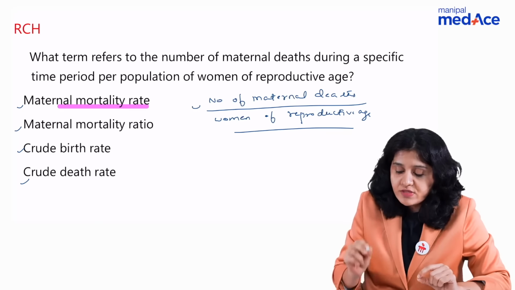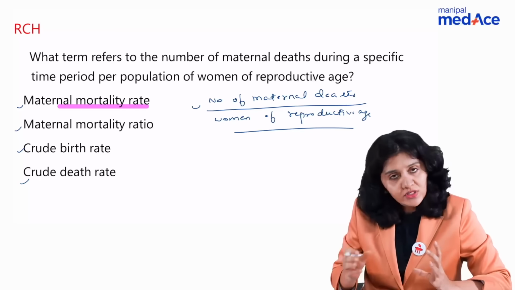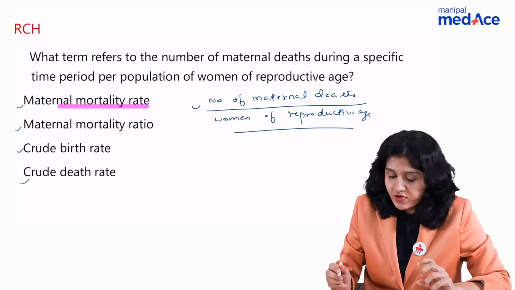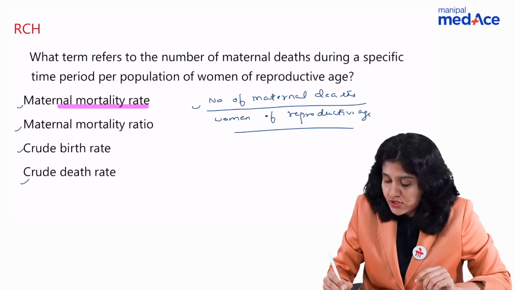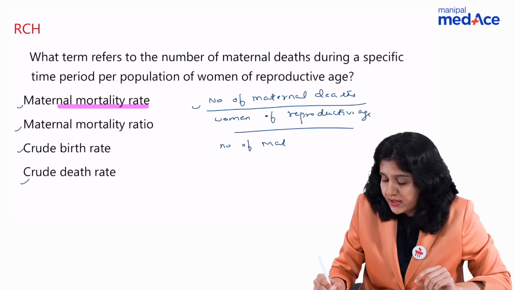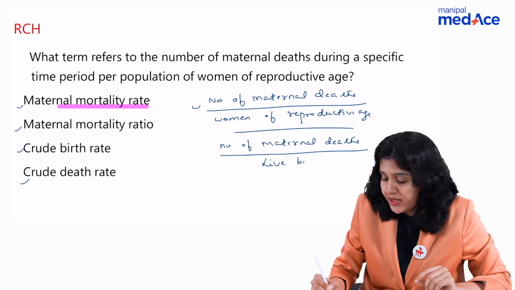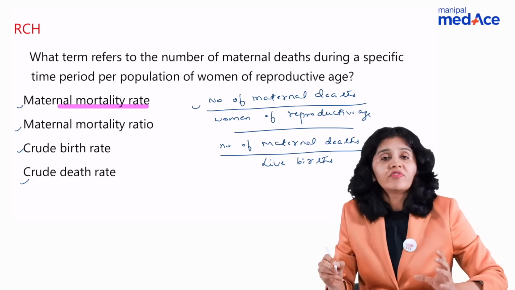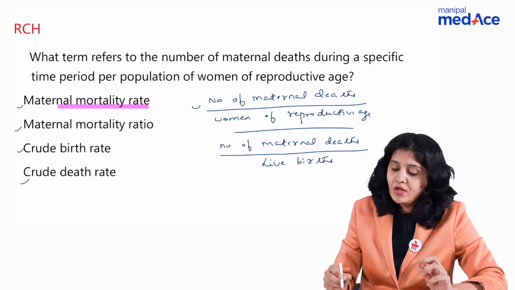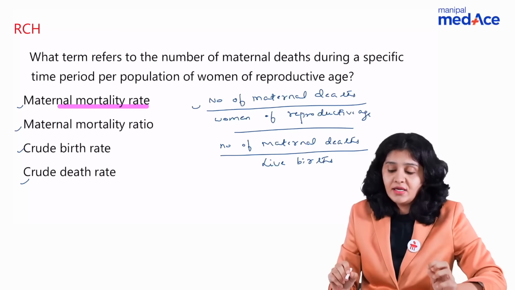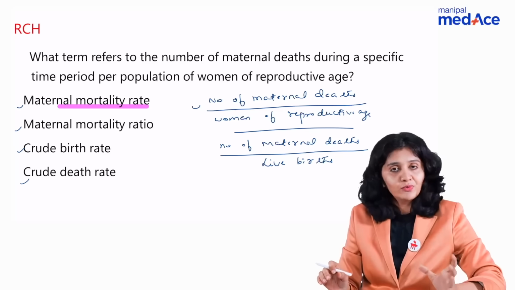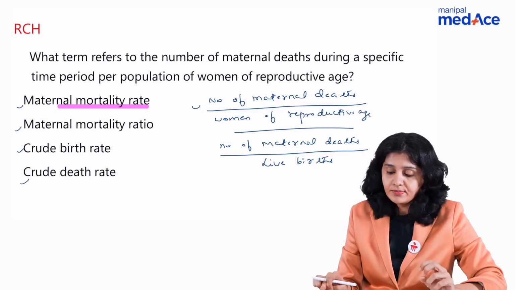All right. So what is maternal mortality ratio then? So we have discussed both of these indicators in our videos. So maternal mortality ratio is number of maternal deaths in the numerator. That is the same. In the denominator, you have number of live births, right? So your numerator and denominator are two different entities. So it becomes a ratio. So the correct answer for this is maternal mortality rate. All right. So I hope you marked this correctly as well.